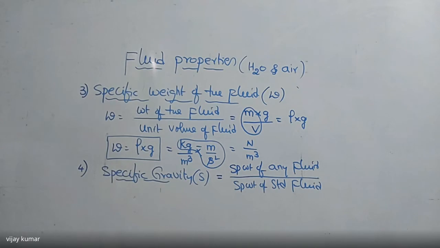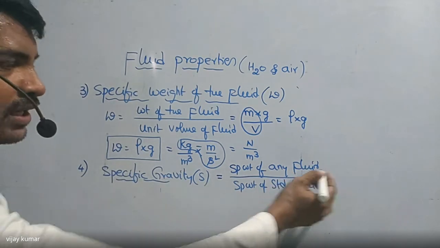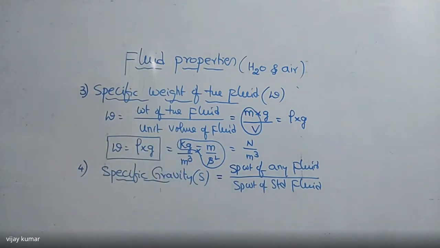One is in the form of liquid, one is in the form of gas. So I'm going to apply this formula for liquids and gases. I am writing specific gravity of liquid is equal to specific weight of liquid